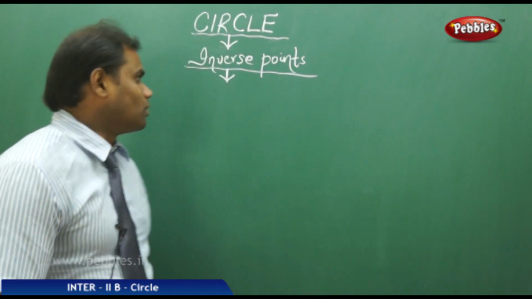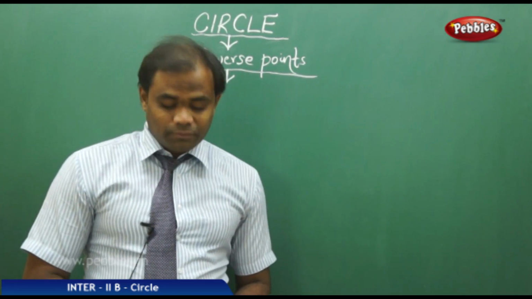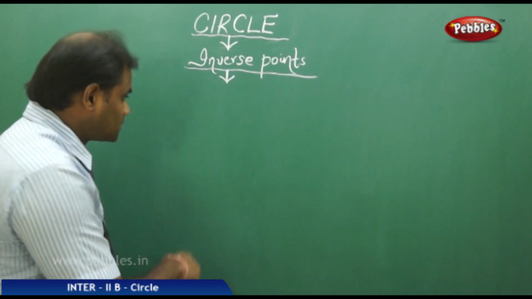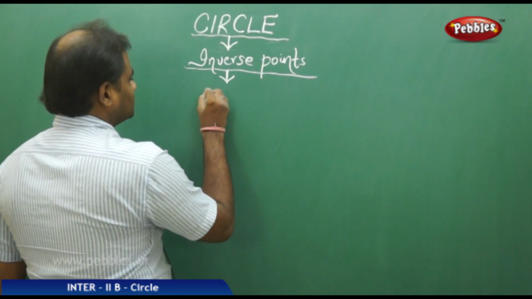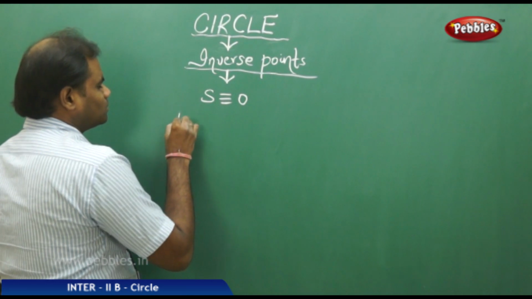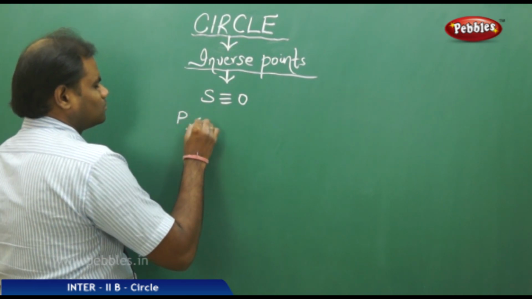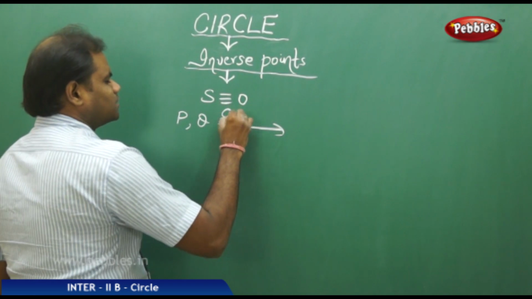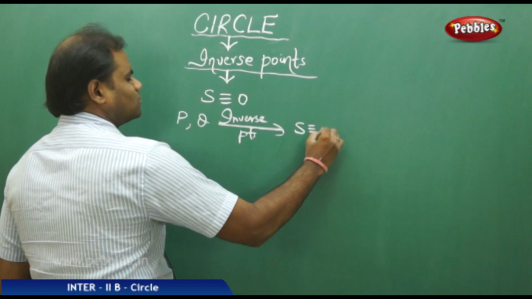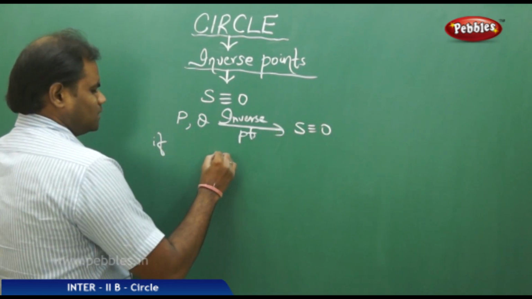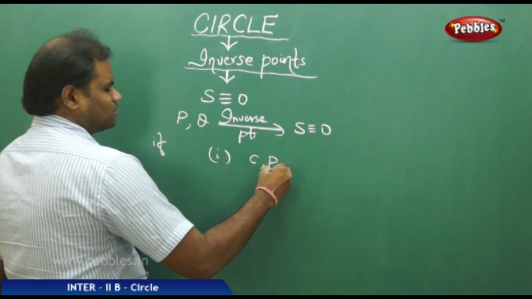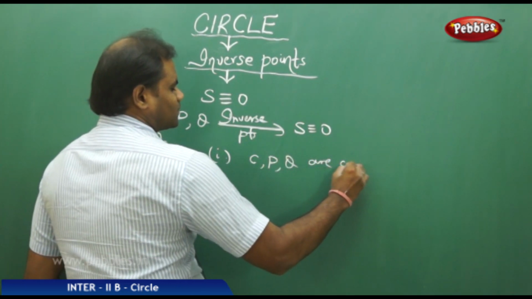The next is about inverse points. When do we say that the 2 points are inverse points is the biggest question. That is, if suppose I have the circle S equal to 0, then P and Q are said to be inverse points for the circle S equal to 0 if my first condition is that C, P, Q are collinear,